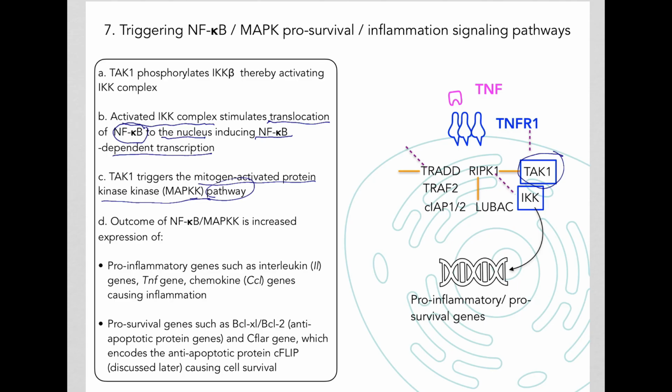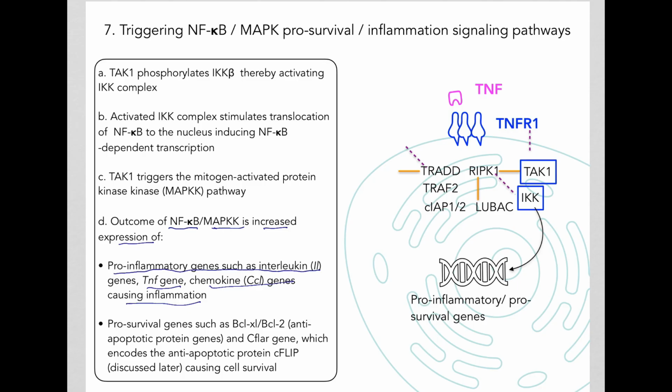So now we have NF-kB mediated transcription, as well as the MAPK pathway that is stimulated. The outcome of this NF-kB transcription as well as MAPK pathway is the increased expression of pro-inflammatory genes such as interleukin genes, TNF genes, chemokine genes, and all of this leads to proteins that will cause